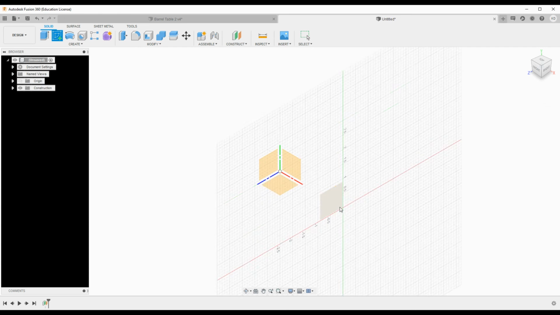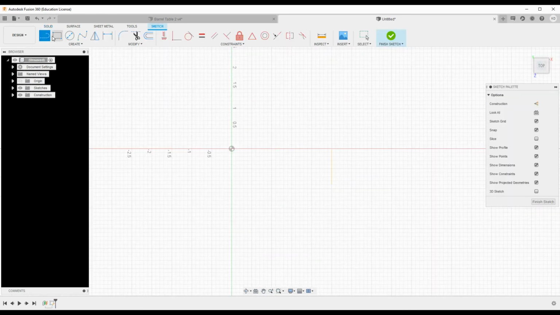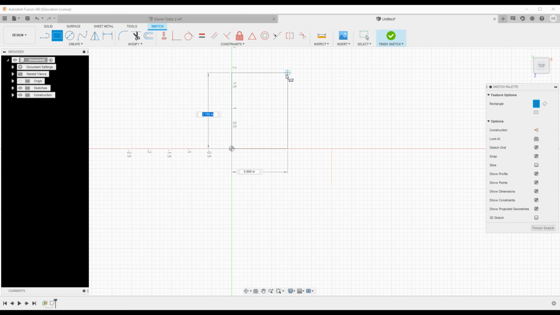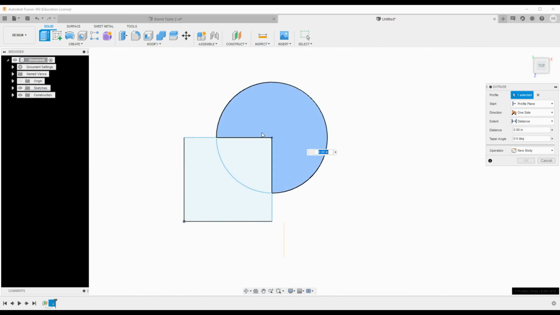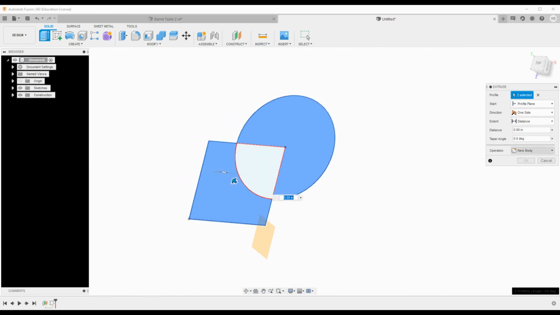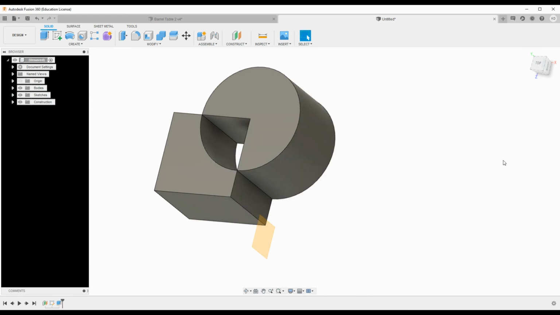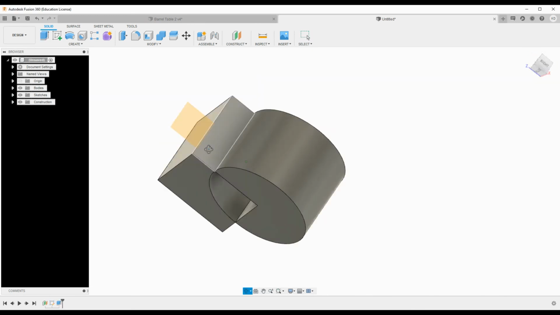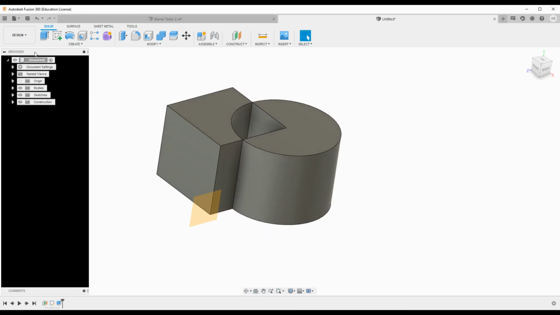I'm going to create a quick object on a plane so we can see how to make some other planes as well. Just go ahead and do a square, and I'm going to put a round part in here as well. Okay, I'm just going to quickly extrude these objects. Let's see, how far should we go? I think that's about perfect. All right, so I have this complex object,